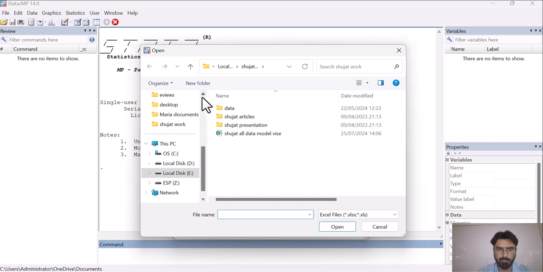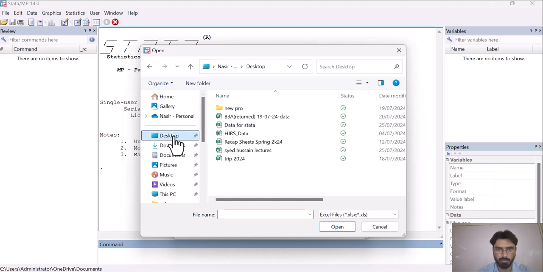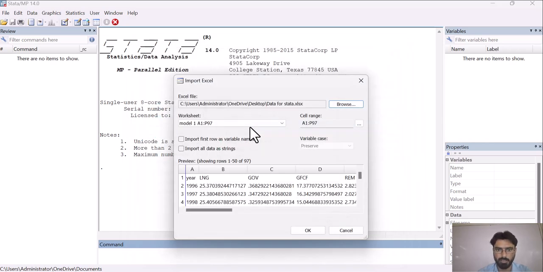As I have brought all my data here on the desktop, I have already saved my data here, data for Stata, and I have to double click on it, and here you can see that it is asking about importing the first row as variable names.